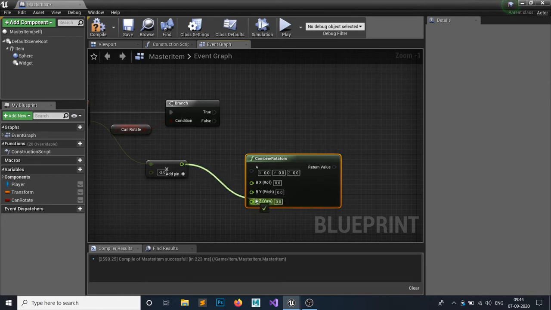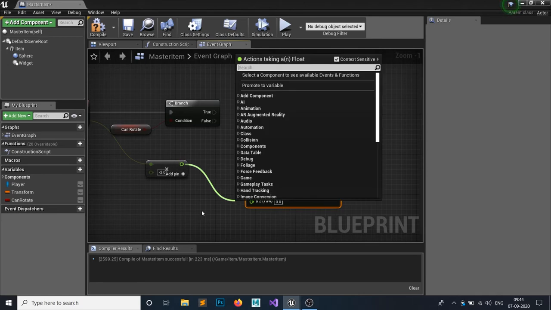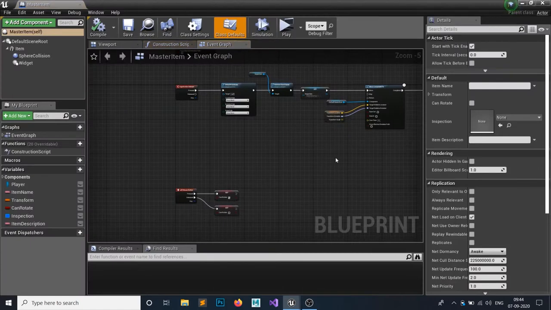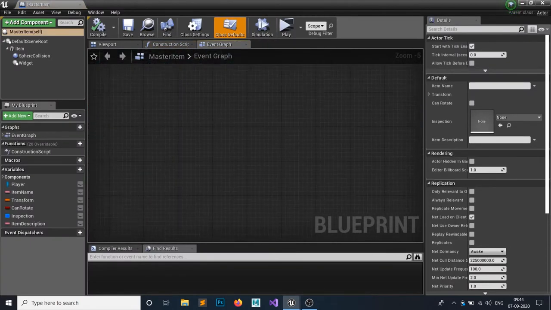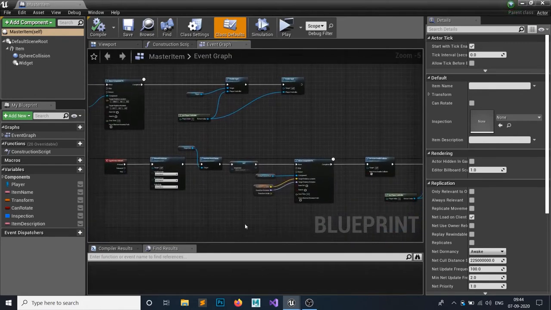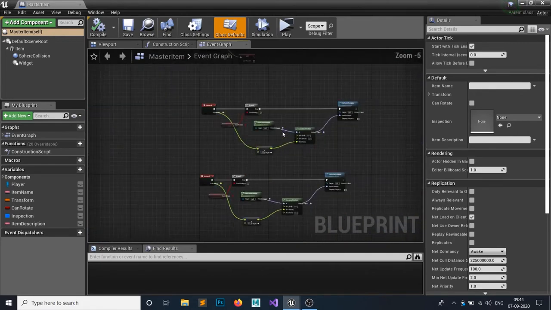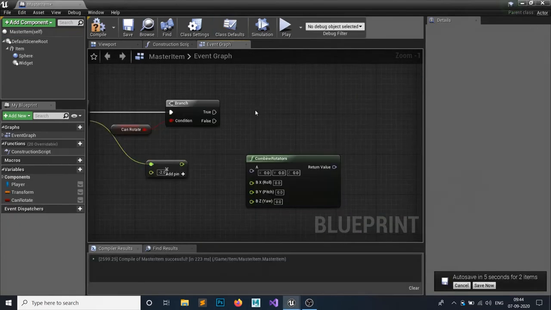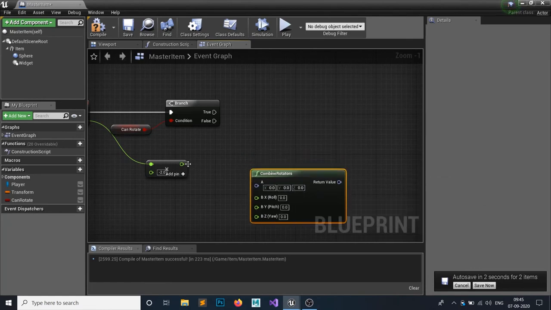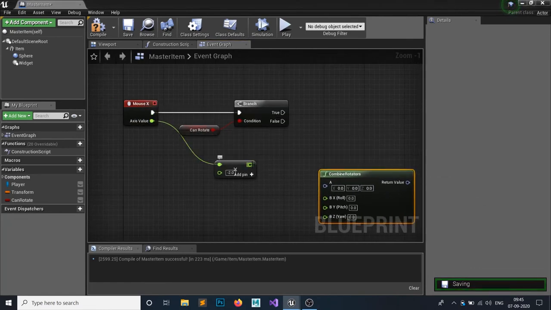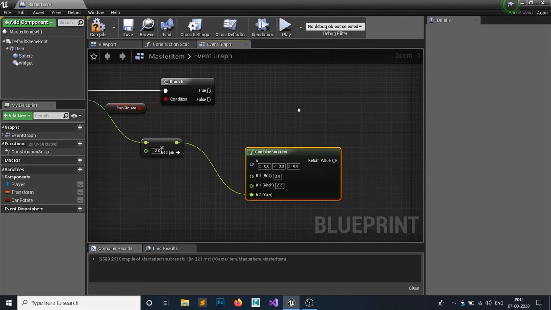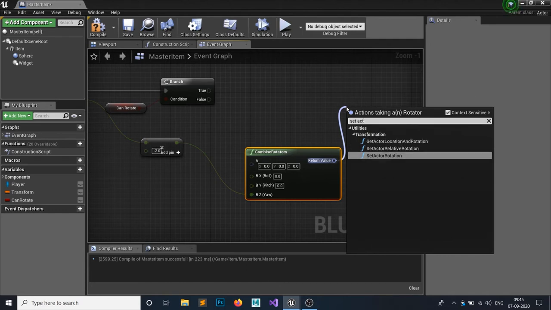What you want to combine is the pitch actually, or I don't know which one it is. Let me just check it. I was just confused, sorry for that. Yes, this would be our yaw. So back to this, the X axis would be connected to our yaw. Yaw is our left right rotation, and pitch is our up down, and roll is something that I can't show you in here. And after that, set actor rotation,